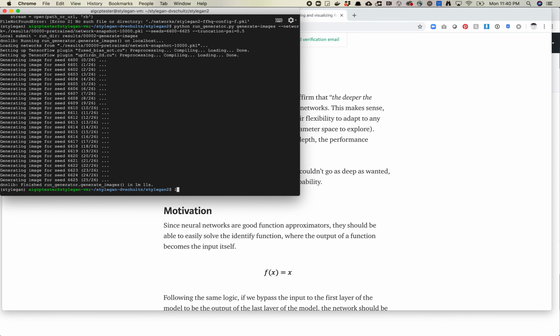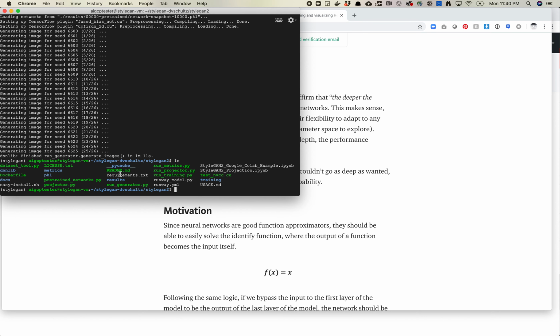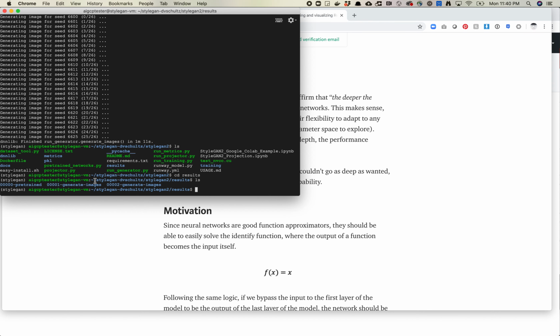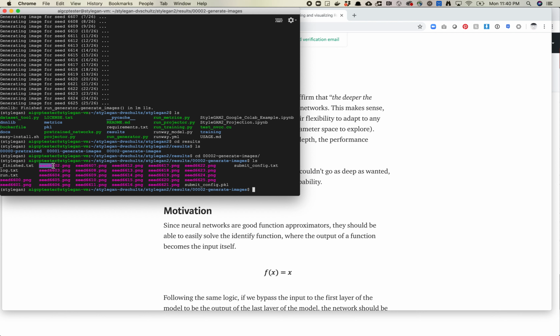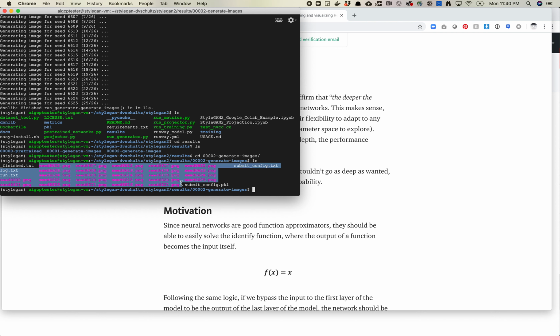You can check to see if you go ls and then cd results and then ls, you'll see that there's 002, which are these images that we've made. 001 was when I broke it, and 000 was our pre-trained. So if you go into 002 and then you do ls, you'll see there are a bunch of images in here. And if you were to download the images, which I'll show you in a different video, you would be able to